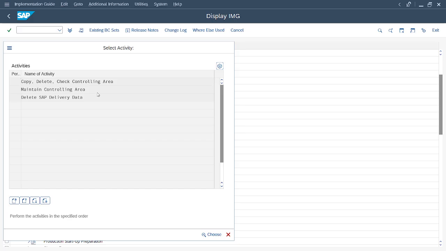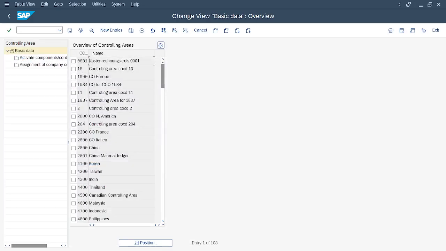Again, go on maintain controlling area. The first part is already done here, 204. Select setup.